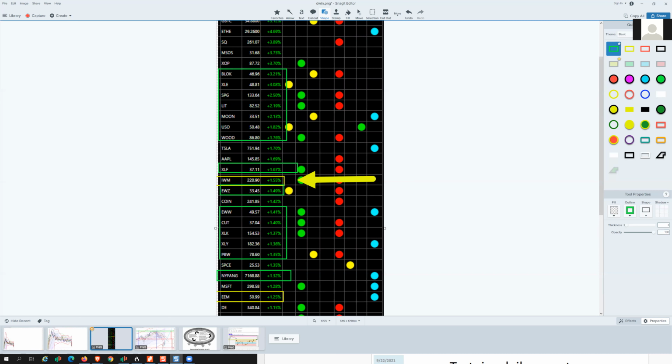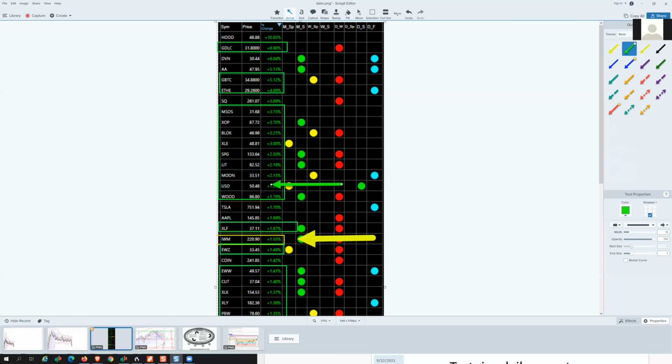now for individual performers, Robinhood 11%, Devon Energy and Alcoa up strong in the metals and the energy mid-cap 6.8 and 5, Squarespace 3.9, Tesla 1.7 and closed above 750, so that's a very strong performance that we were prepared for today based on yesterday's report. Apple 1.7, pretty strong. Coinbase 1.4.